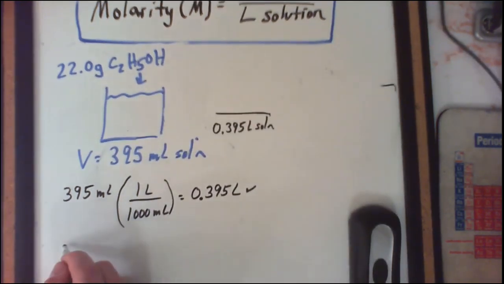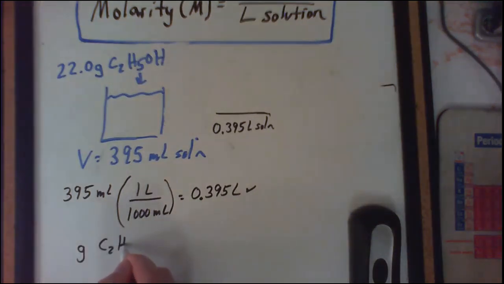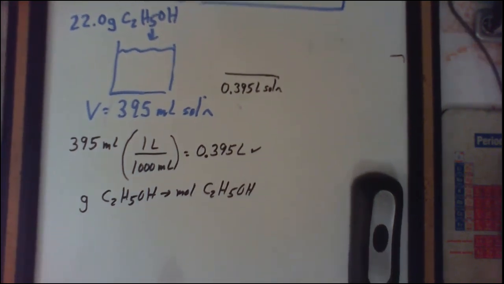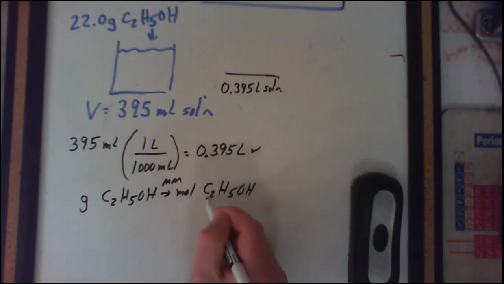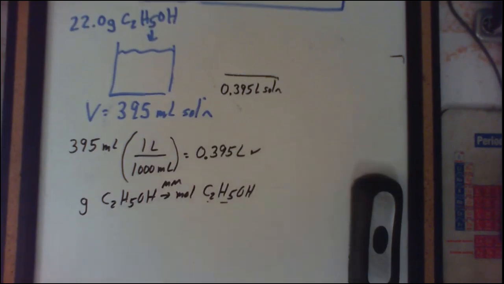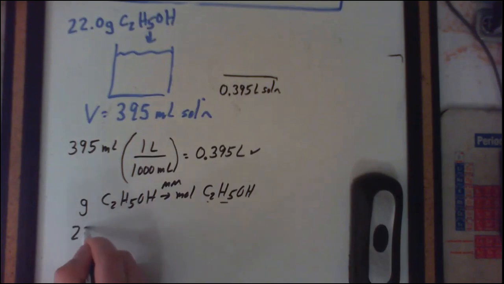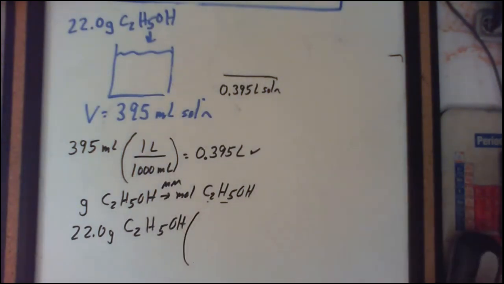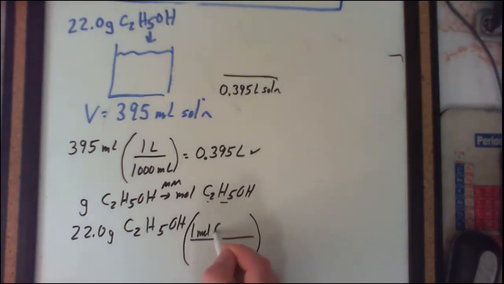So we're given grams. Like we did in the previous example, we want to go from grams of the substance to the moles of substance. And as we do always, to convert from grams to moles, we're going to use the molar mass information of whatever that substance is. So in this case, we have 22 grams of our C2H5OH. We then want to divide by the molar mass of that same substance. So 1 mole of ethanol